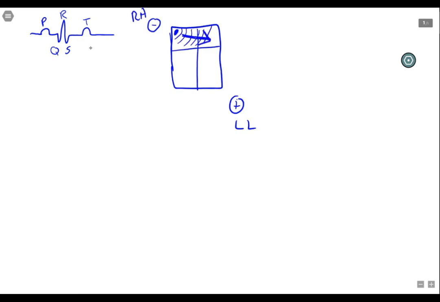Here's your depolarization. You got your P wave that traveled to the AV node, down the bundle of His, the right and left bundle branches, Purkinje fibers, and the ventricles depolarized, QRS complex, and then you got your T wave. Right? So if we go back and we look at when the atria depolarized and we look at the P wave,